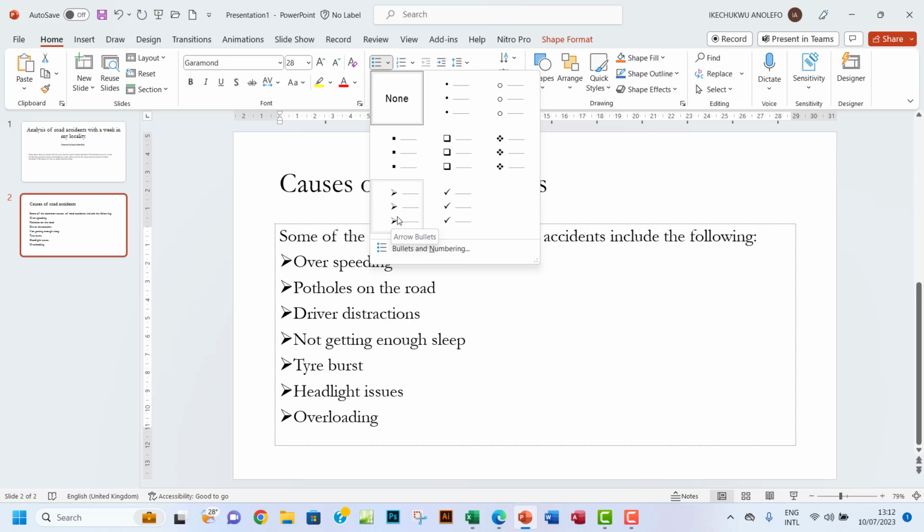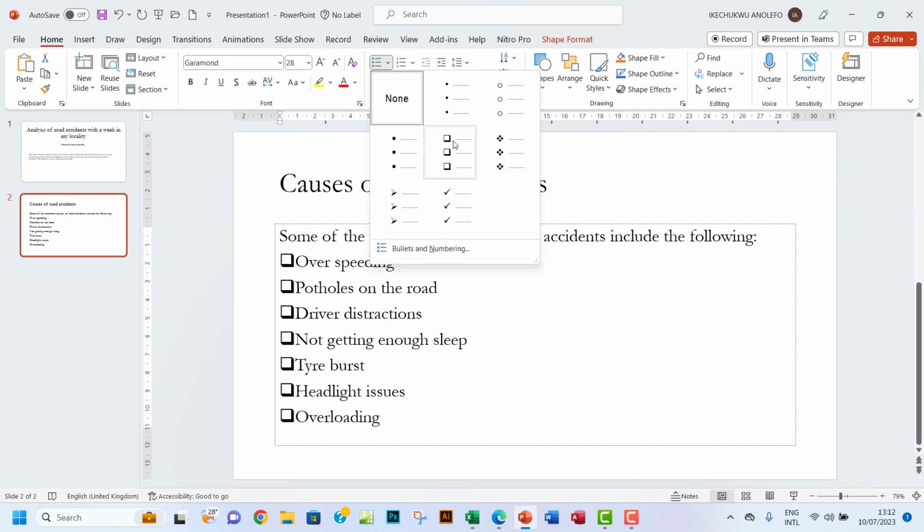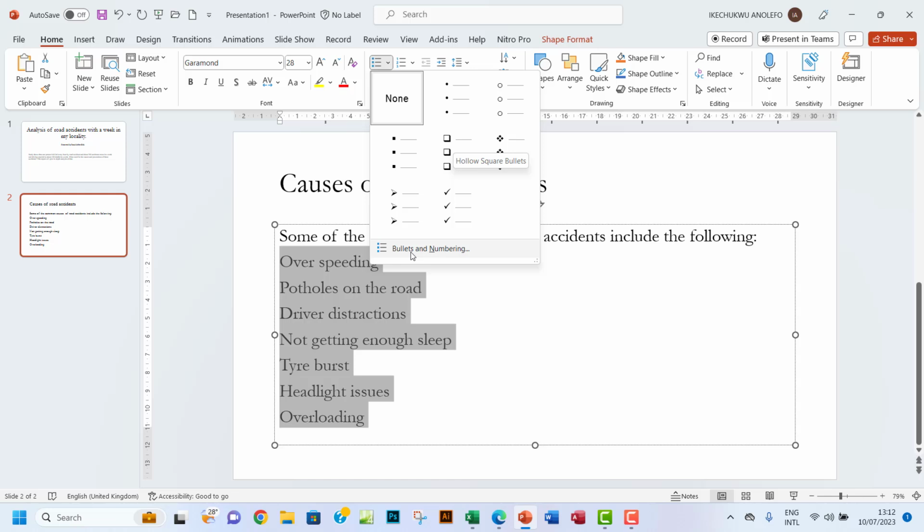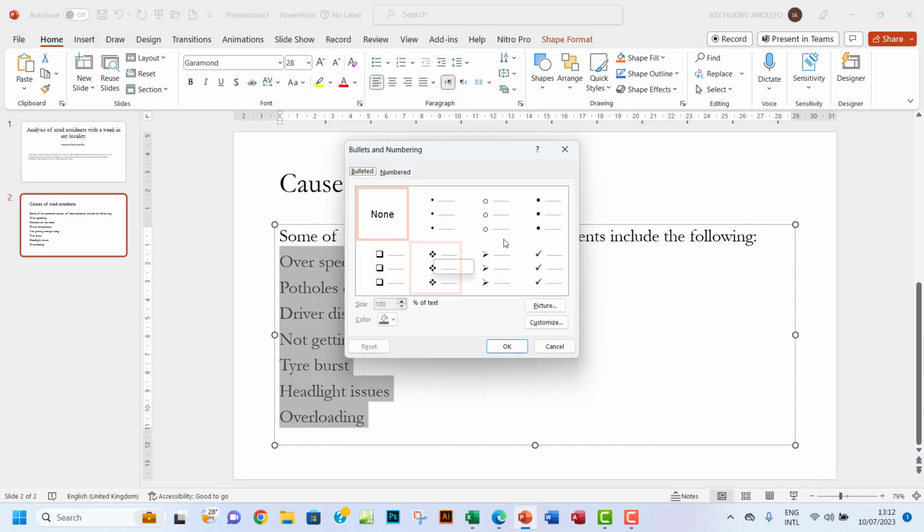So I think that this should be the one. So hollow square bullet. If there's any other bullet type that you know, please leave a comment down below. We can actually see that. So I think what they meant is that. I don't think these ones are just different. So I think I will go with that particular